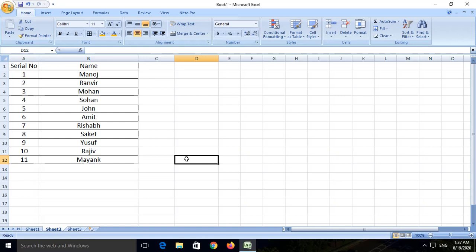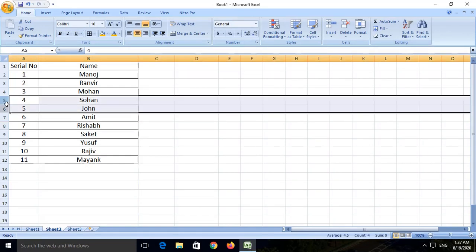Now we will see how to delete rows or columns in a worksheet. Let us say I want to delete these two particular entries, that is Sohan and John. For that, first we will select these two rows. After selecting these two rows, go to the Home tab, and under the Home tab, to the right hand side, just beside the format menu, you will get an option called delete.